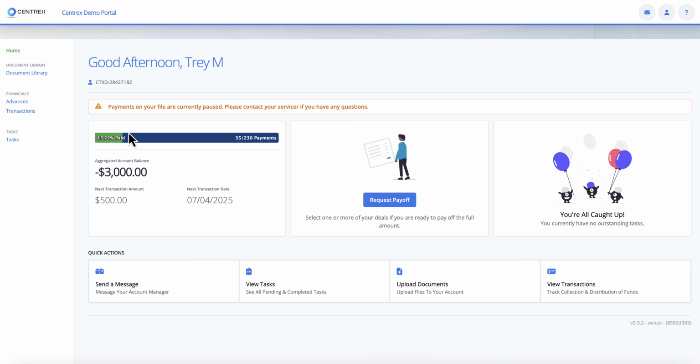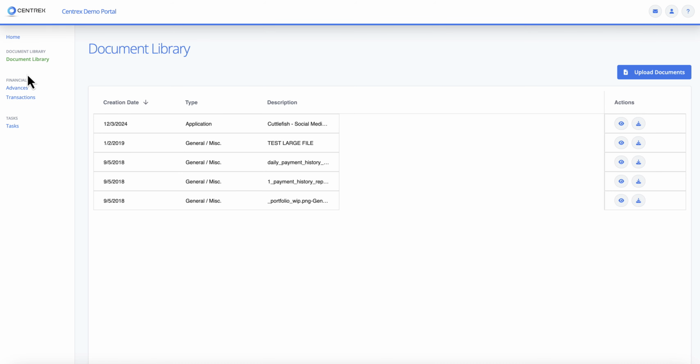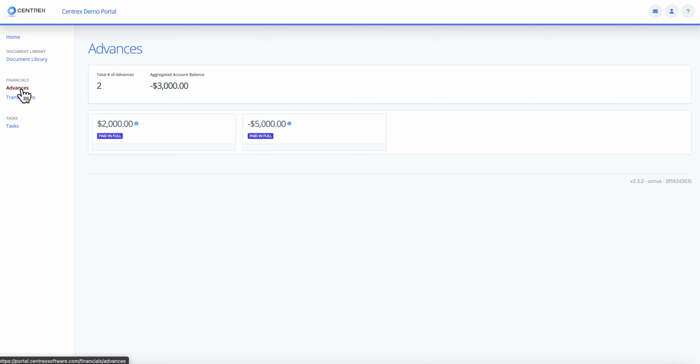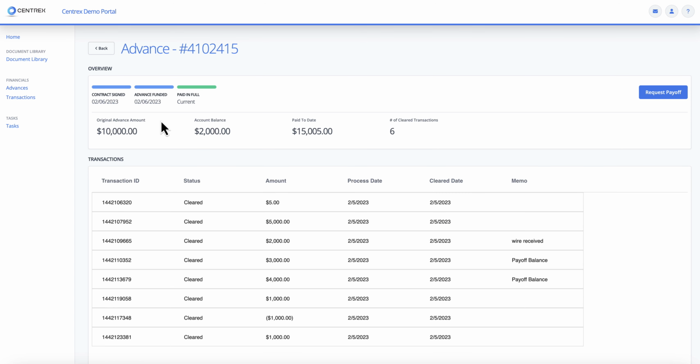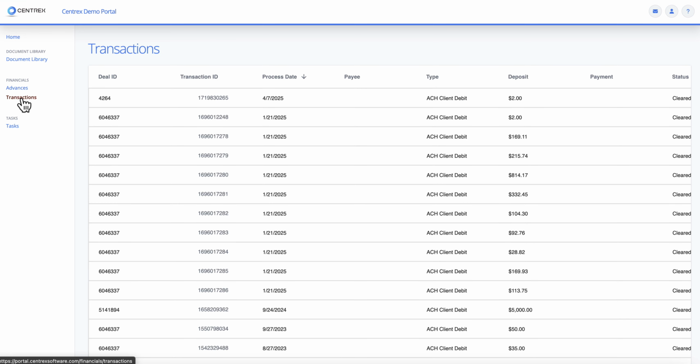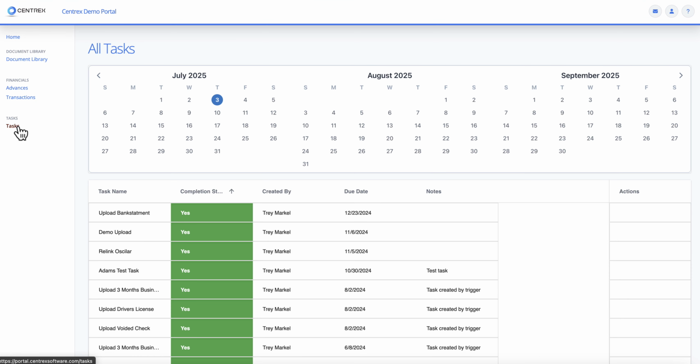Okay, a lot of that here is on the left-hand side as well. I've got my document library where I can upload documents. I can see documents that have been uploaded. I have advances and or loans, and then I can also see the transactions and the balances and request payoff for those advances or loans. I can see all my transactions, and then you can also see tasks as a borrower as well in the